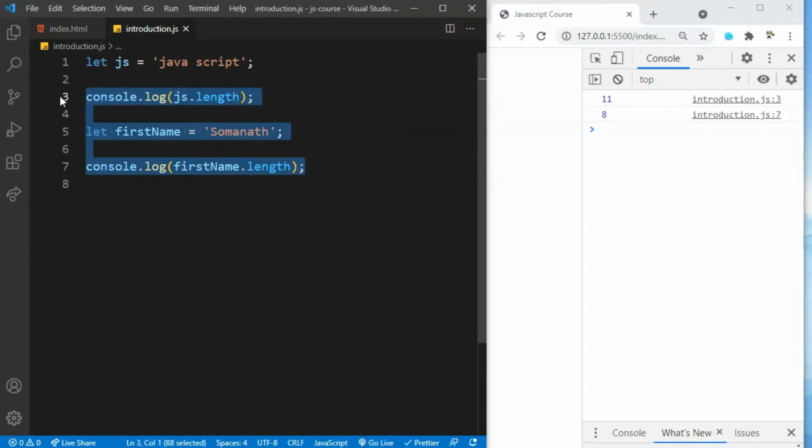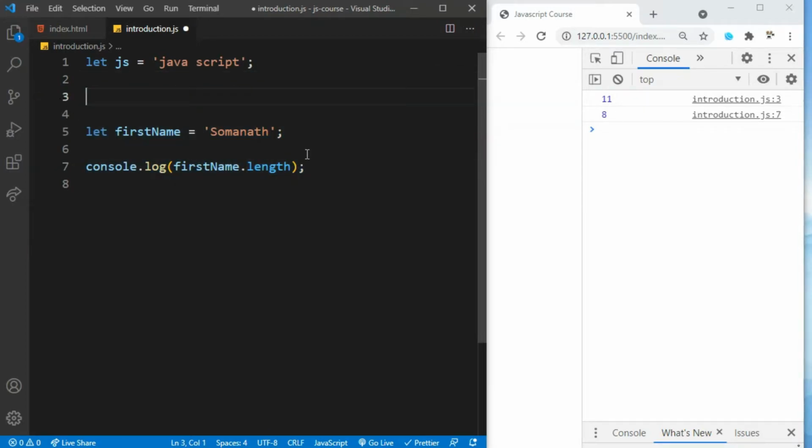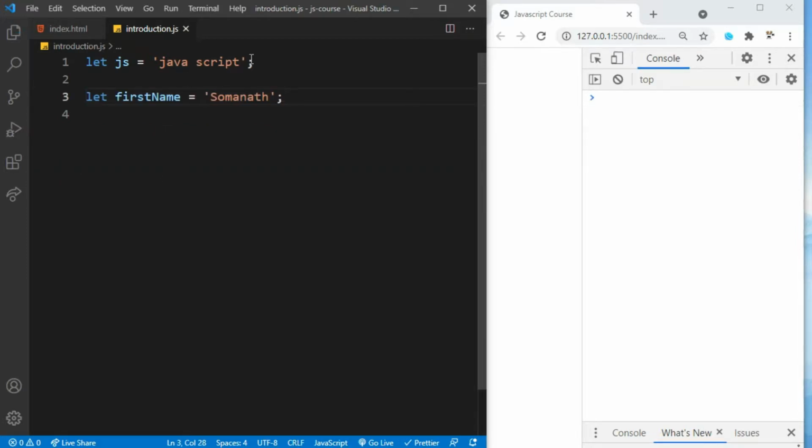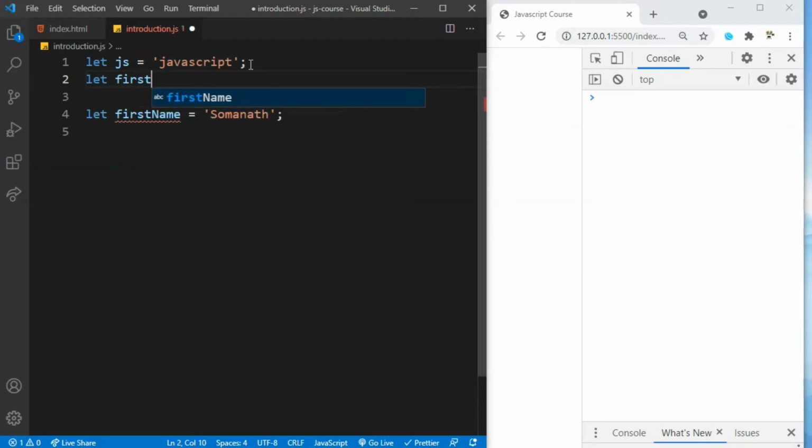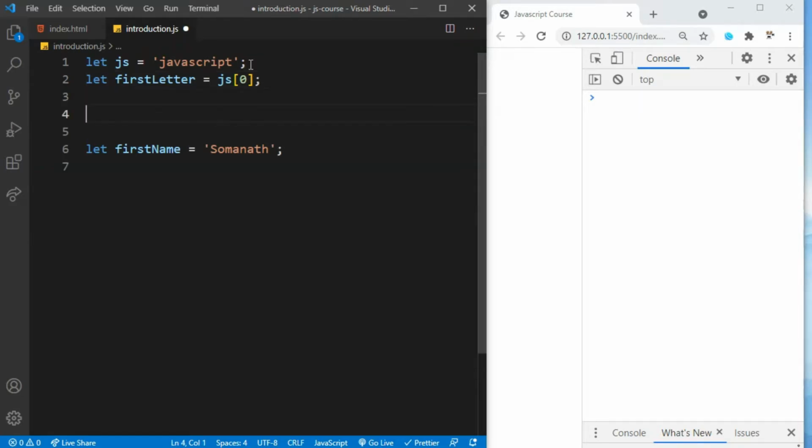Let's just remove this console log. Okay, now let's also remove the space here. Now if I want to access the first letter in this string, let's store the first character of a string in a variable. Let first letter equal to the name of the string, and here I can specify which index I want. Here I want the first letter, right? That's going to be in the 0th index. Now if I console log the first letter here,